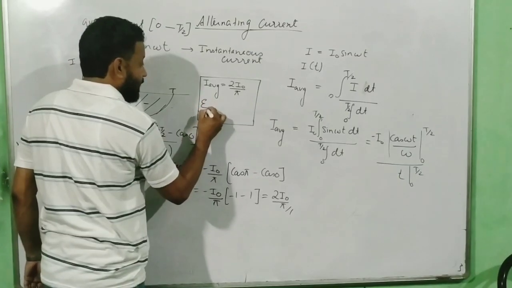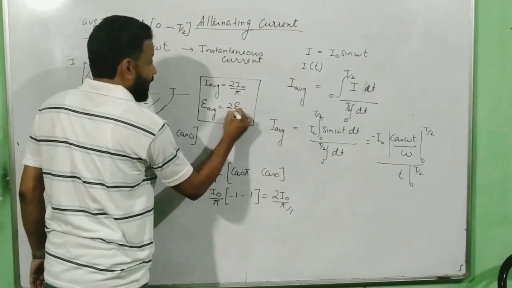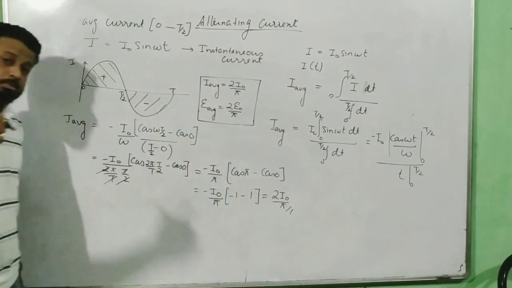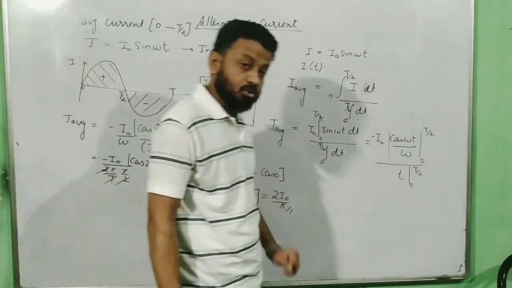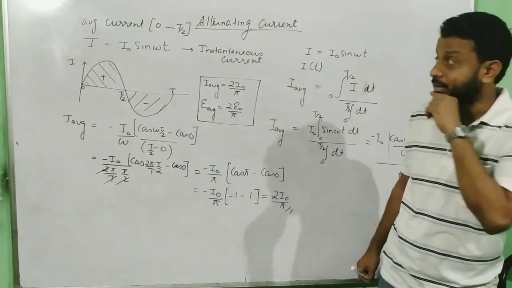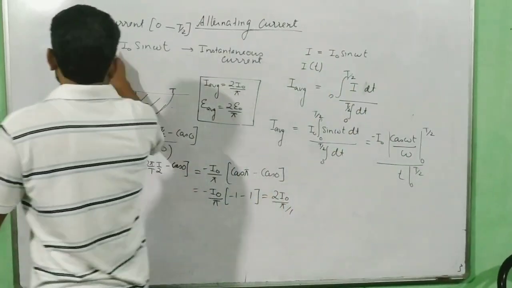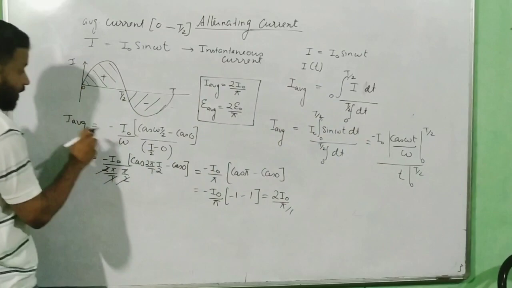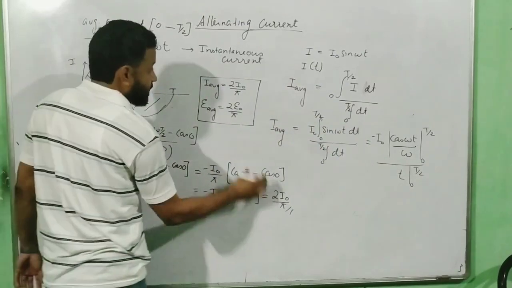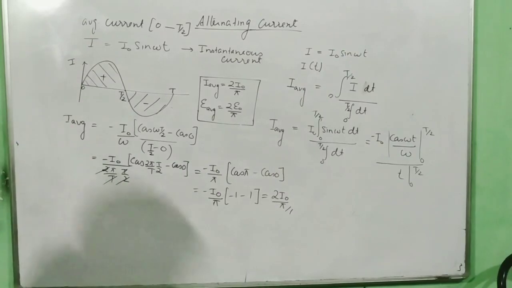Similarly, I can find EMF average, which is equal to 2 E naught by pi. Now please make one thing very clear in mind. The average value which we have got is not for the full cycle. It is for how much of the cycle? It is for the cycle from 0 to T by 2. And make a note that for the full cycle it is 0. So start the heading from here, start the derivation from here, go till here, put the data, get the answer, and this is the result highlight.